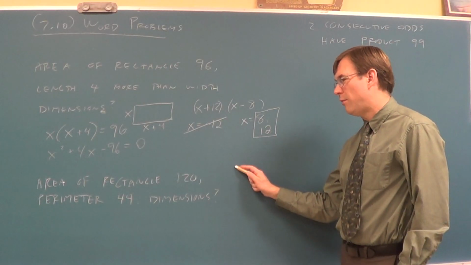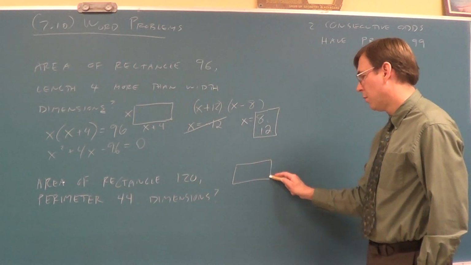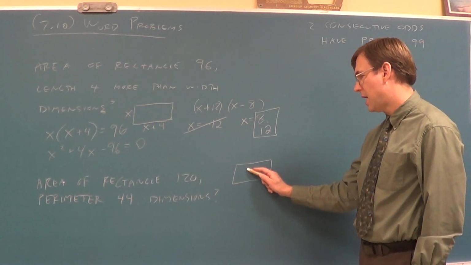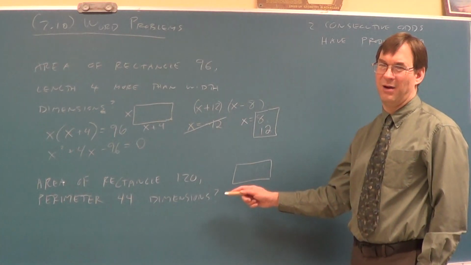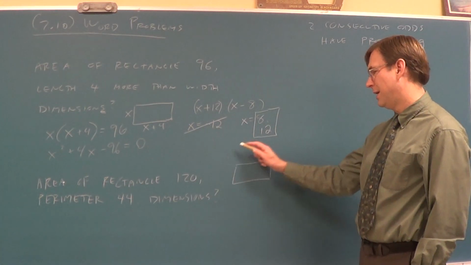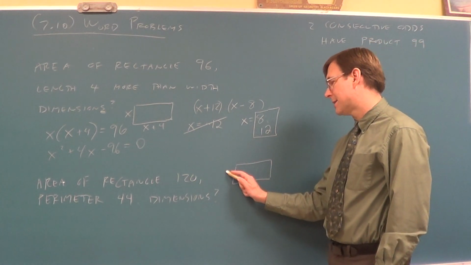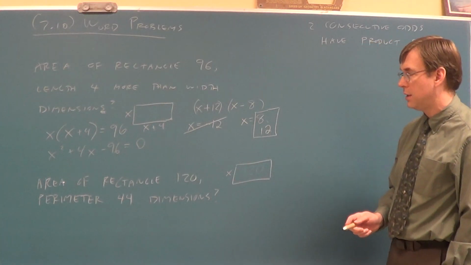Does it still feel helpful to draw a rectangle? Yeah, I'd say yeah. So I'm going to go rectangle. Where's the 120 live? Inside. Inside is where the 120 is. What's the perimeter about? The outside. It's adding the whole outside. So if I say that this one is an X, because I have no idea what that is,